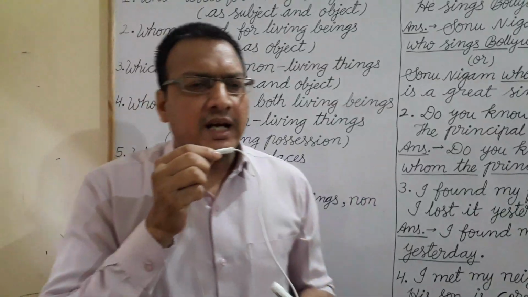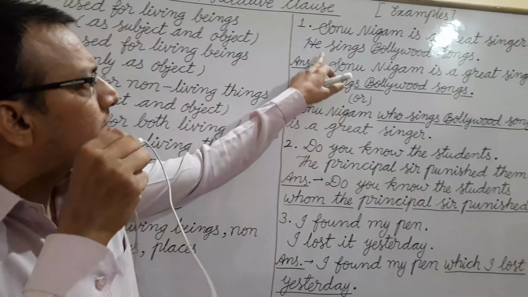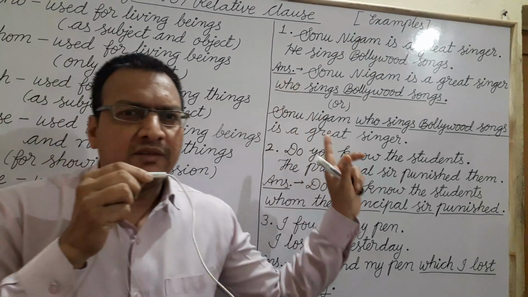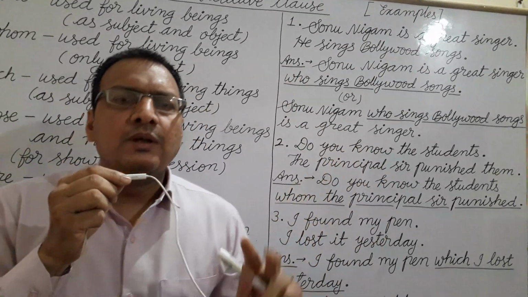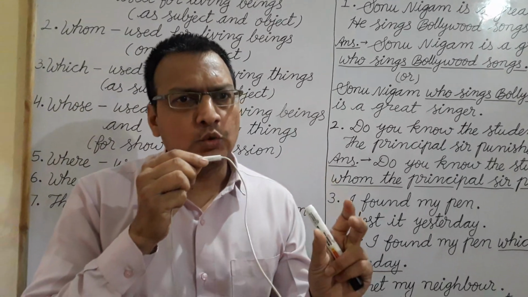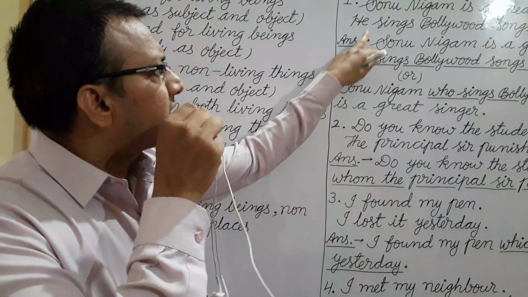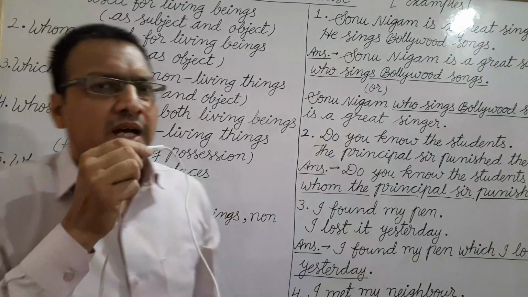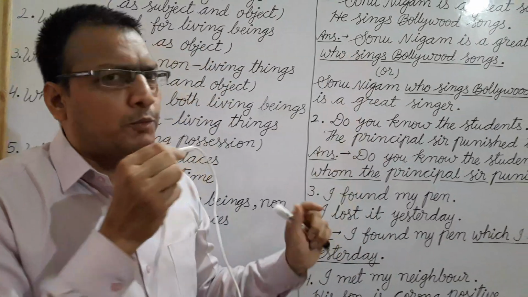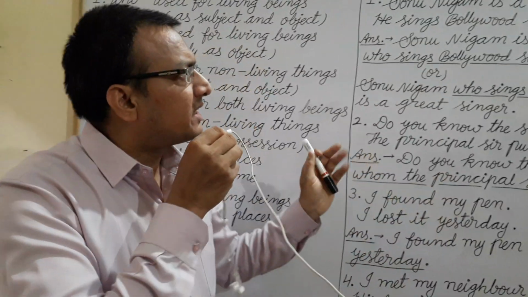Remember one thing, you have to notice sentence number 2. You will be given 2 sentences. You have to combine the 2 sentences by using an adjective clause. So always see sentence number 2 and guess which noun or pronoun it qualifies. Let us have a look at the examples.